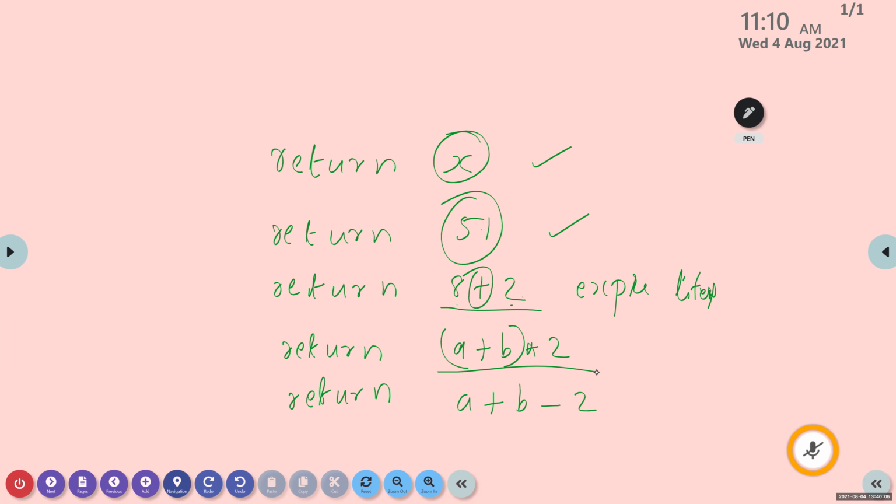Variable. No. What about this one? Is it a variable? Variable is included when we are using variables along with an operator. What is the name?